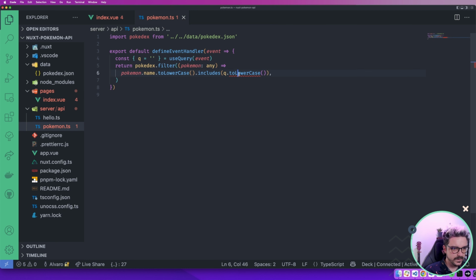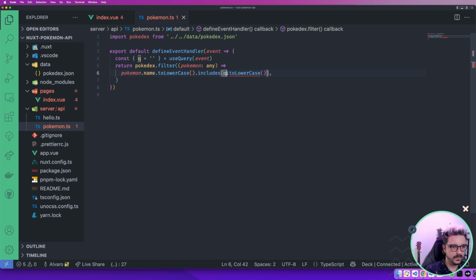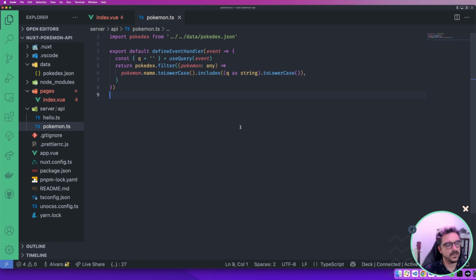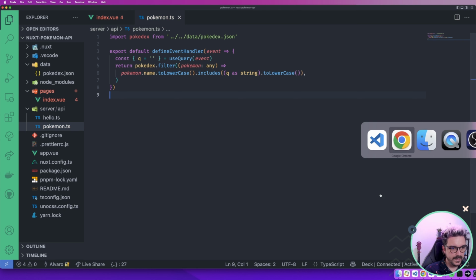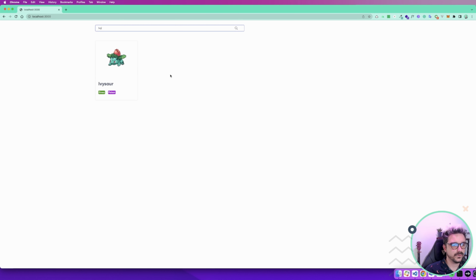Okay, I don't know why the type error says toLowerCase doesn't exist on the query value, so maybe we need to force it to be a string. Yeah, okay, cool. So if we go back to our application and we start typing Ivysaur, you will see that